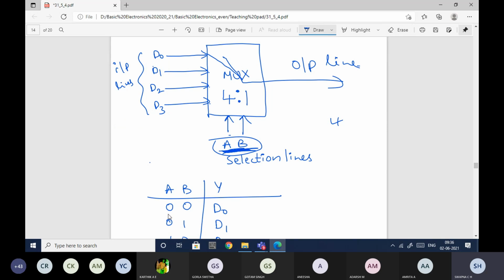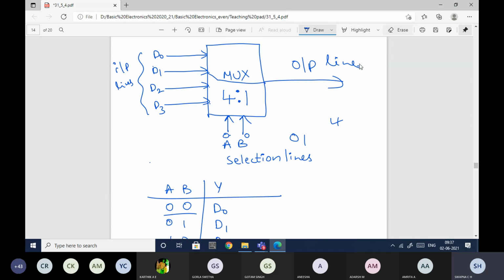If my selection line values are 0 0, A is 0 and B is 0, then the switch will connect to D0. If it is 0 1, then the switch will connect to D1.